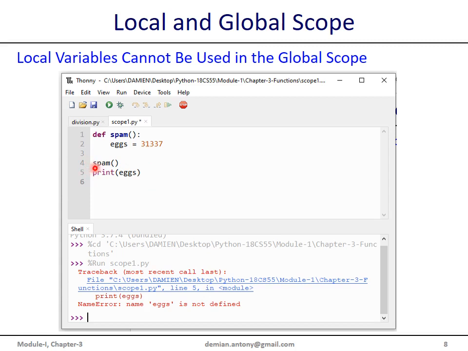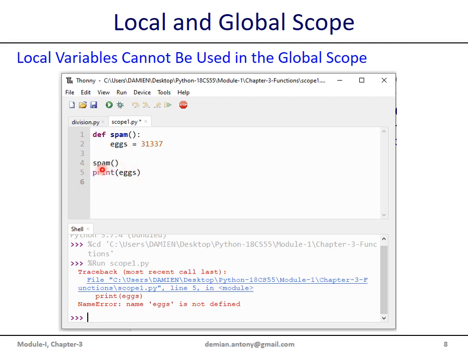We make a call to the function. This function is a void function, it doesn't return any value, it just returns None, and here we print the local variable in the global scope.